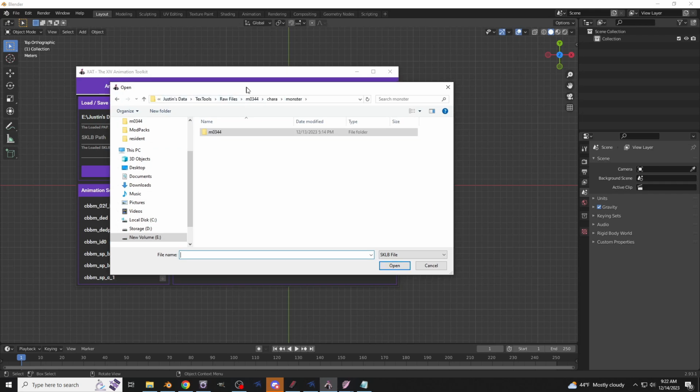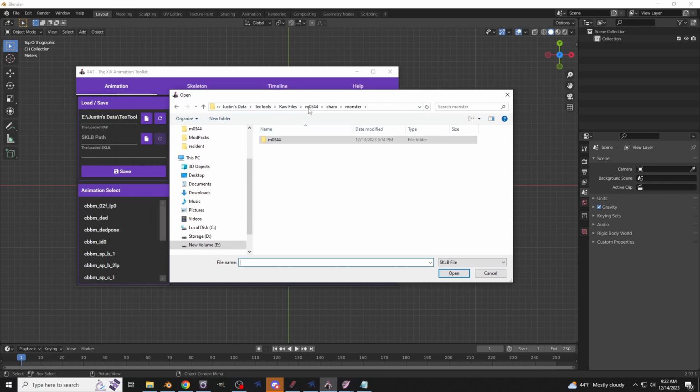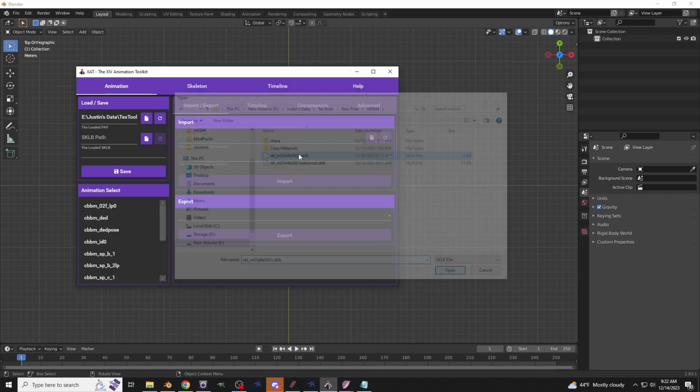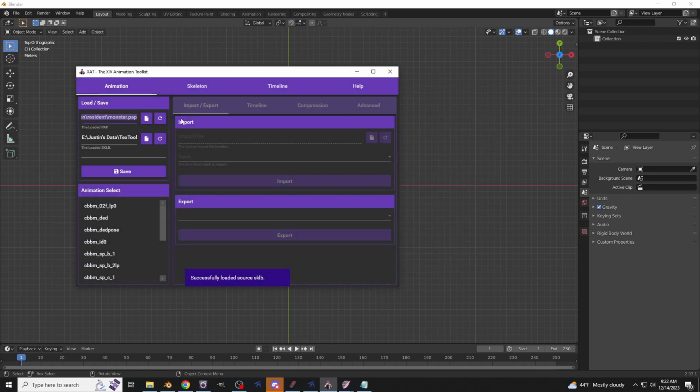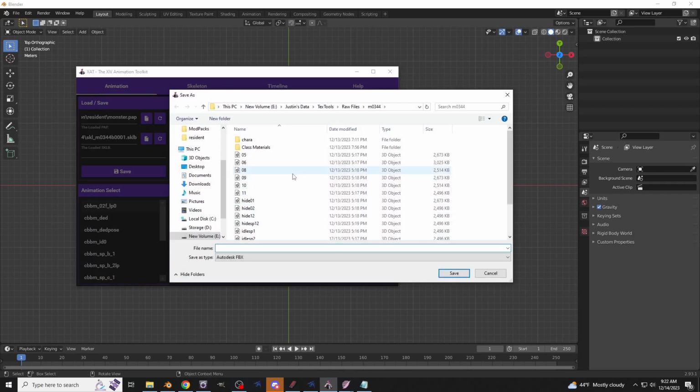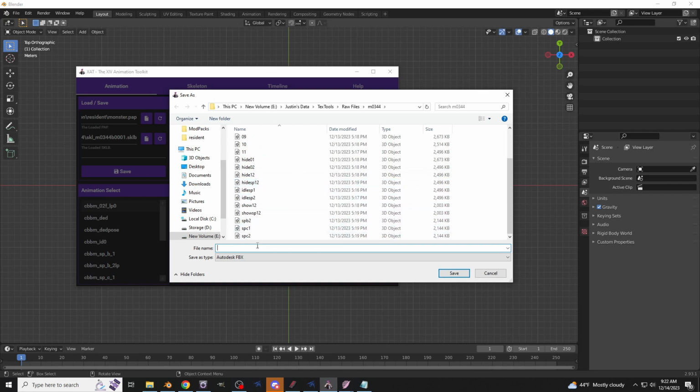So to do XAT, I need to load the PAP file, and then I will load the skeleton file here. So there's the monster.pap and the skeleton. And then I select my animation, select FBX, and export. And I'm just going to label this 02F, since